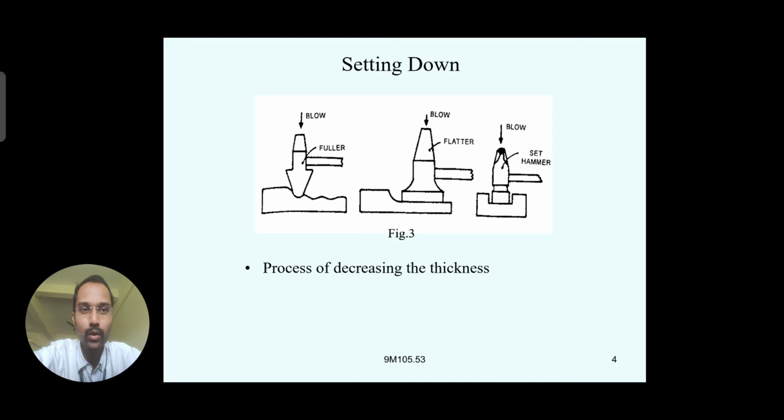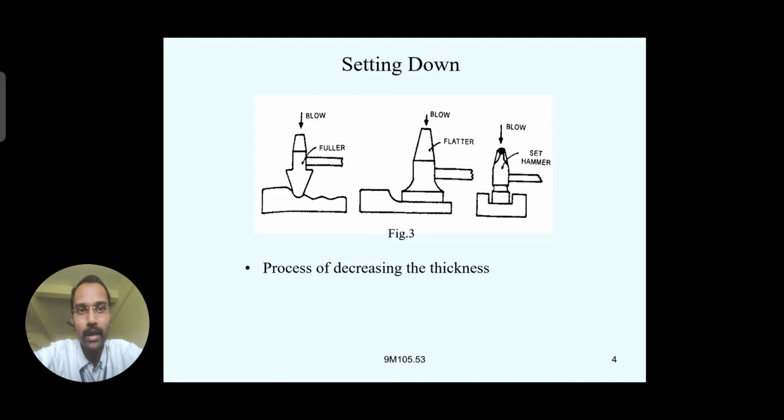from the diagram, the workpiece is placed at the bottom, on the anvil, and by striking on the top surface of that piece, the thickness of that particular part gets reduced. That may be done using different tools. You can see the fuller on the surface of the workpiece. If you strike with the help of the fuller, you can see some grooves or slots provided on it. What happens,